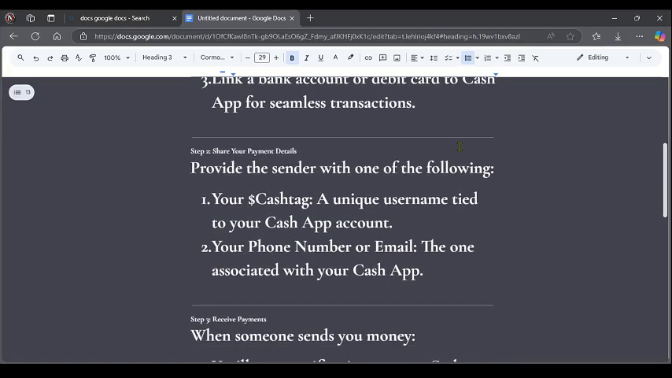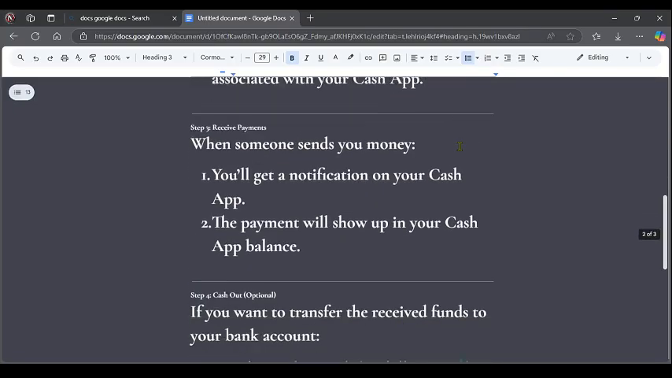Once you do that, provide the senders with one of the following information: your Cash App tag, or a unique username tied to your Cash App account. Your phone number or email is also included. You can also